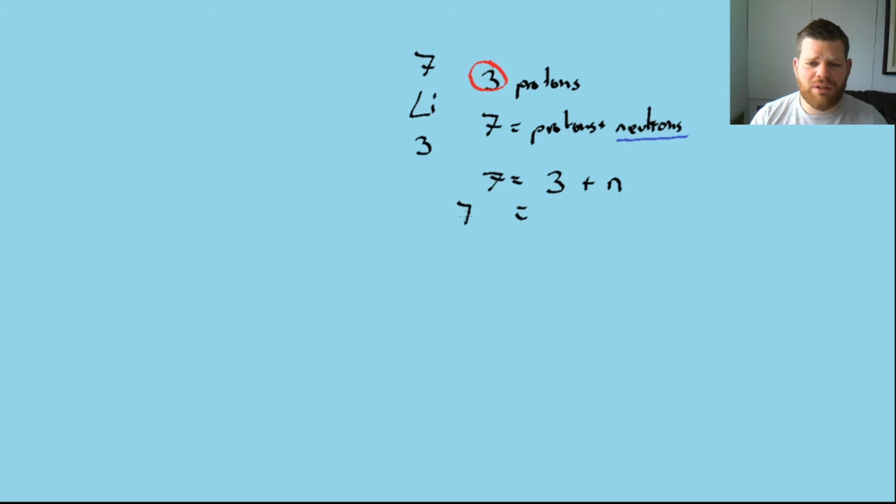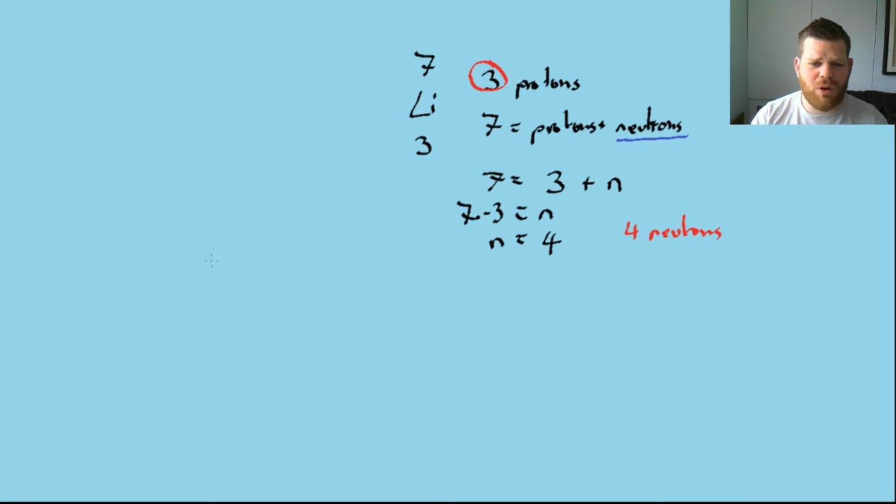So we're going to have 7 minus 3 equals n. So therefore, our n equals 4. Okay, so what we know about our lithium is that our lithium has 4 neutrons. So now, when we come to draw it, this is nice and easy because we just sit there and go,